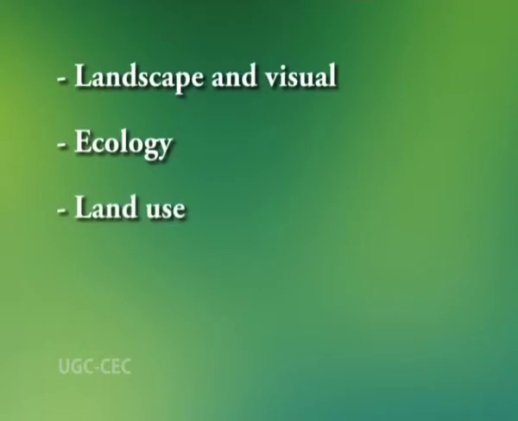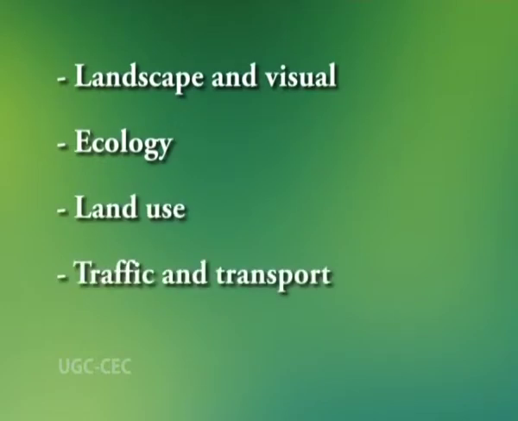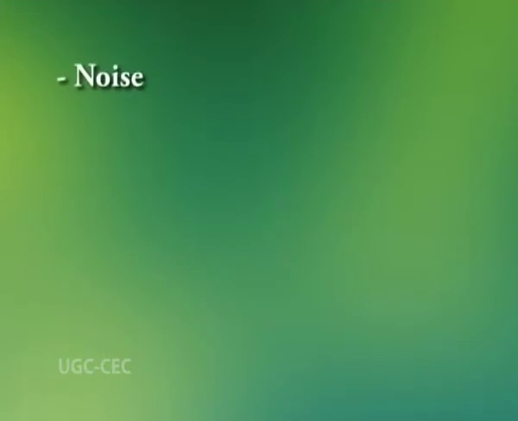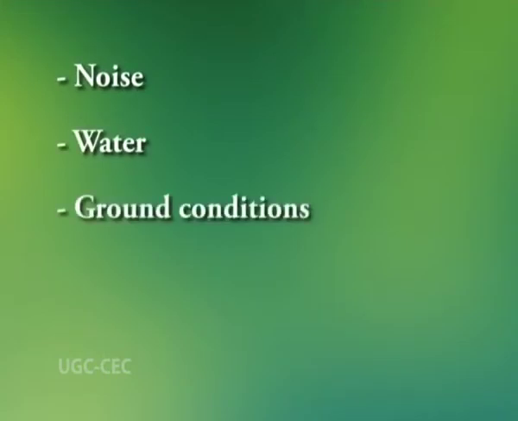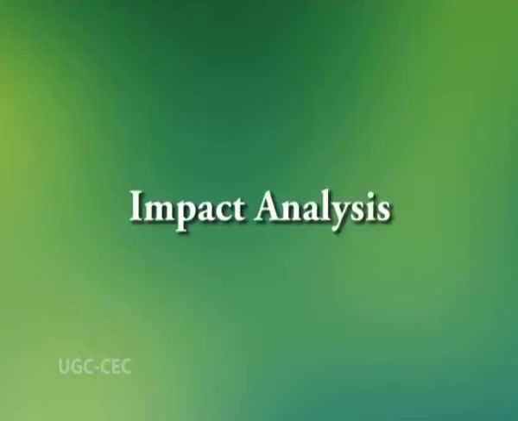These include landscape and visual, ecology, land use, traffic and transport, air quality, noise, water, ground conditions, archaeology and cultural heritage. Impact analysis. Impact analysis involves characterizing the impact in terms of its likely nature, spatial and temporal distribution, duration,